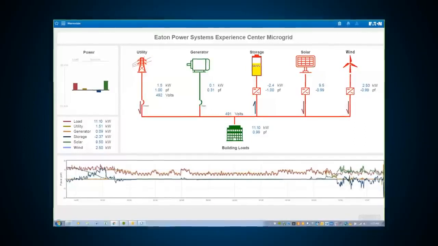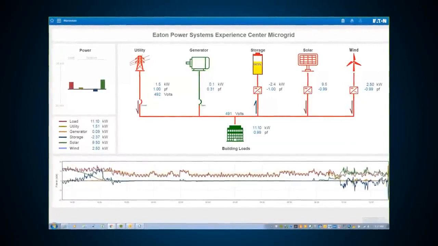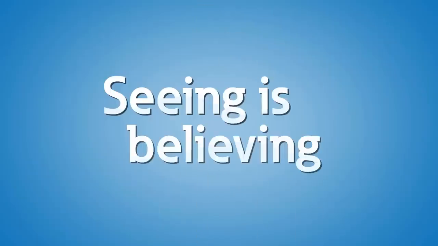Our Microgrid Energy Optimizer can take any generation source or energy storage solution and optimize resiliency and cost depending on the application. If you want to learn more about different types of power generation, how electricity is distributed after it is generated, and how it can be connected to your power system,